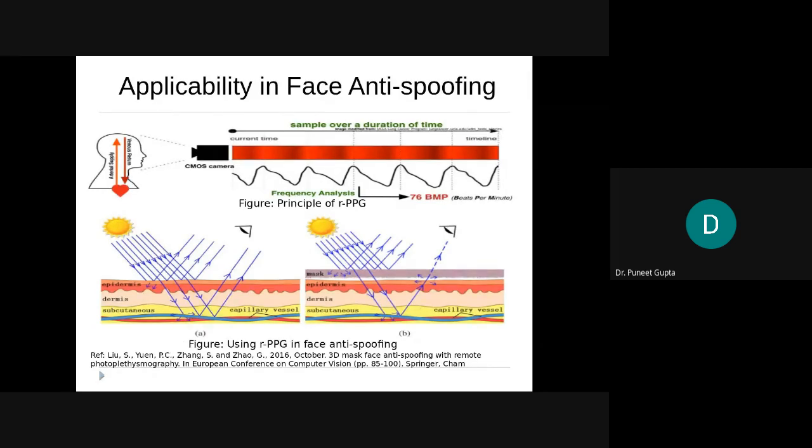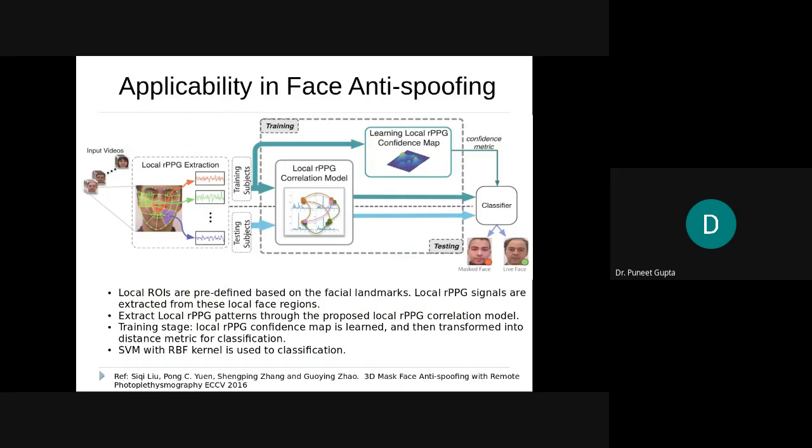This is the principle. So what you can now do is divide your face into different small patches and then extract the temporal signals out of them. As we have said, if there is a real face, all those temporal signals contain the pulse signal along with small noise. However, if there is a mask, then all these different patches provide us mainly noise rather than pulse signal.